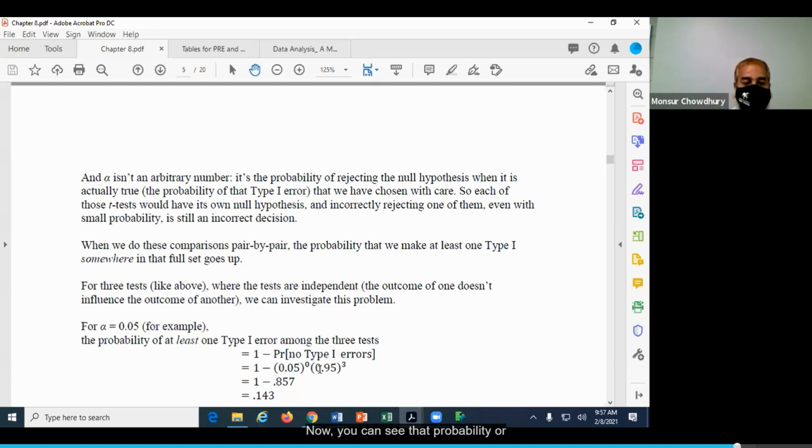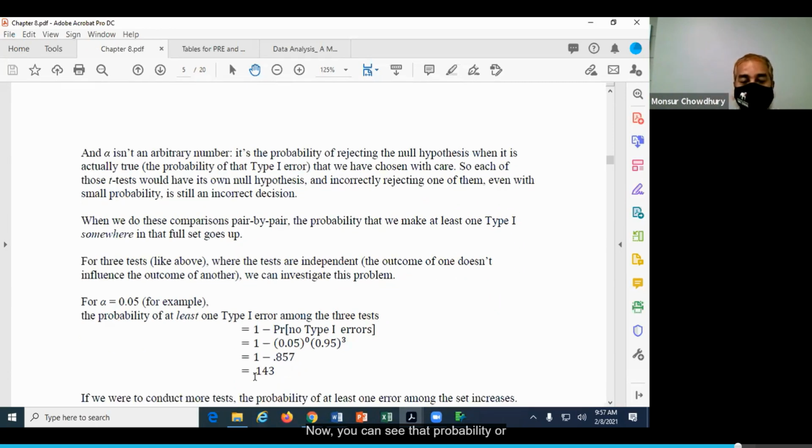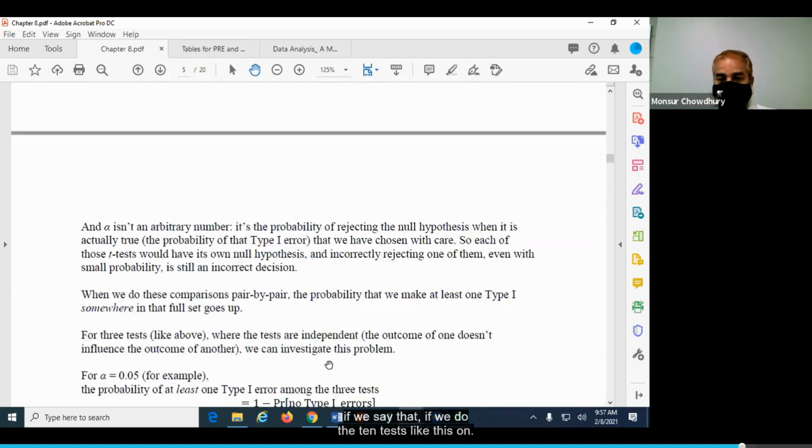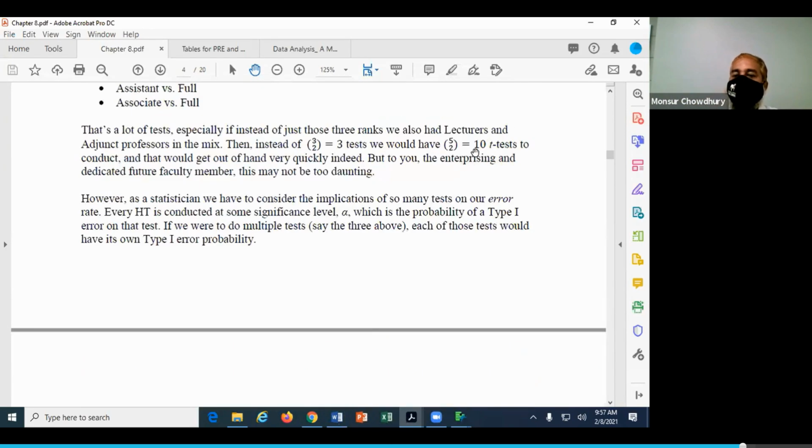Now you can see that the probability, or the chance, of making at least one error is very high, which is 0.143. Now, let's say we do 10 tests like this one. What will be the chance of making at least one error?